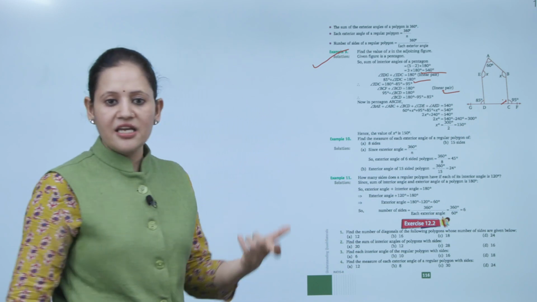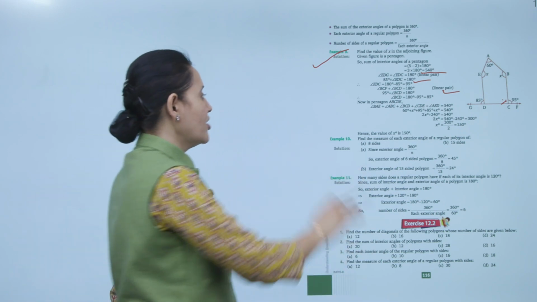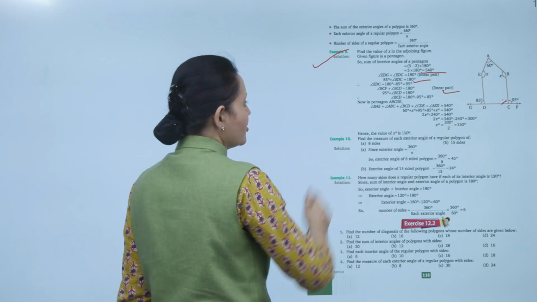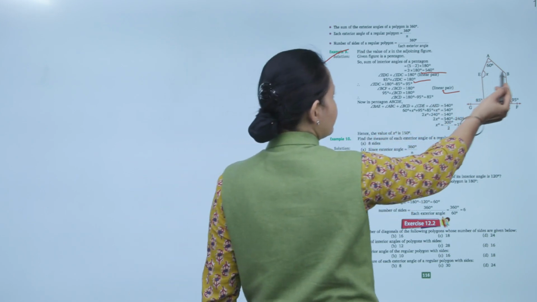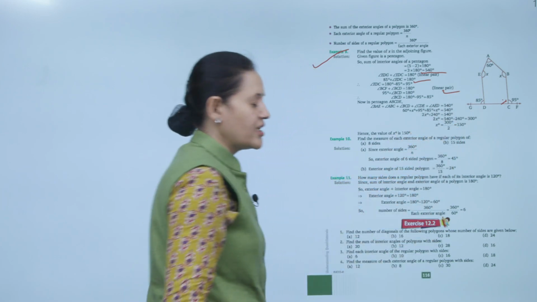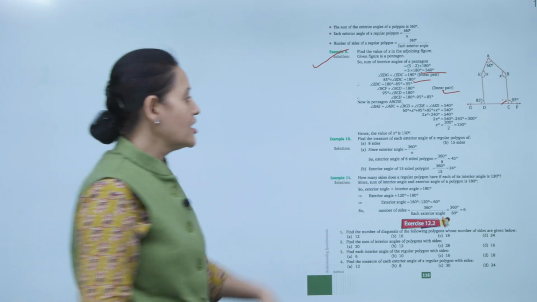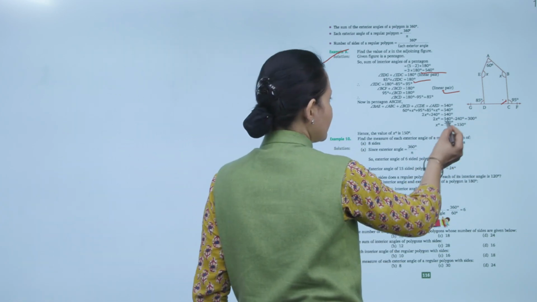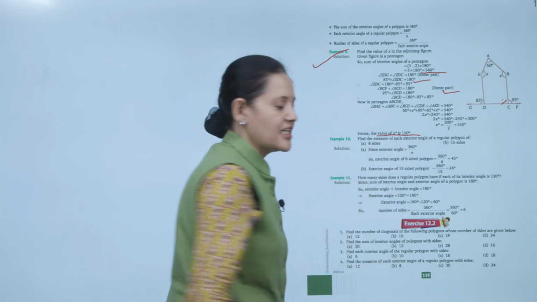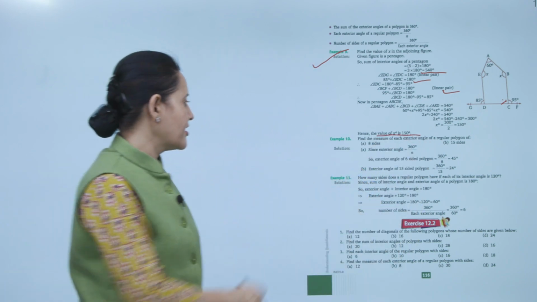Now in the pentagon ABCDE, the total sum of the angles is 540 degrees. So we'll find the other angles, both are x, so 2x plus 240 equals 540, so 2x equals 540 minus 240, 300 degrees, x equals 300 upon 2, 150 degrees. So the value of x is 150 degrees here. Clear? So the angle will be 150 degrees.